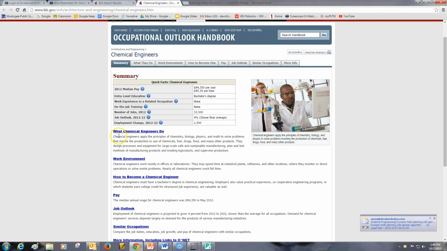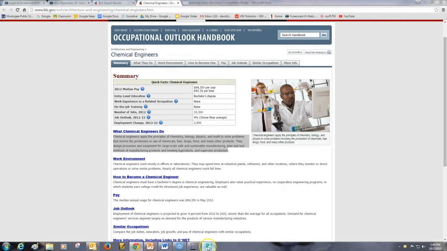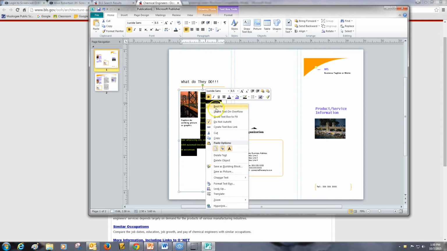Okay, so here we go. Chemical engineers apply, blah, blah, blah. So here's all the information that you need. So I'm going to take this information here. I'm going to copy it. And you want to read through it here because I may ask you some questions. They design process and equipment for large scale. But I'm not going to read it all right now, not to you. So right in here, I can actually paste